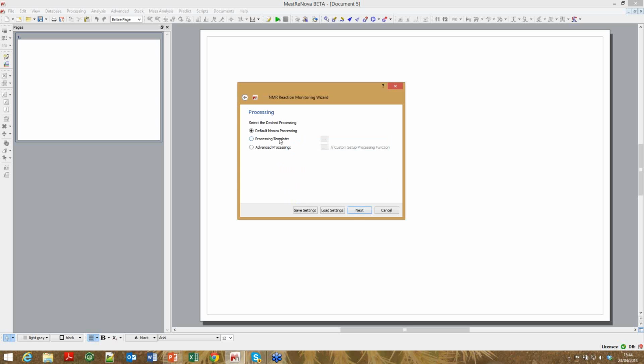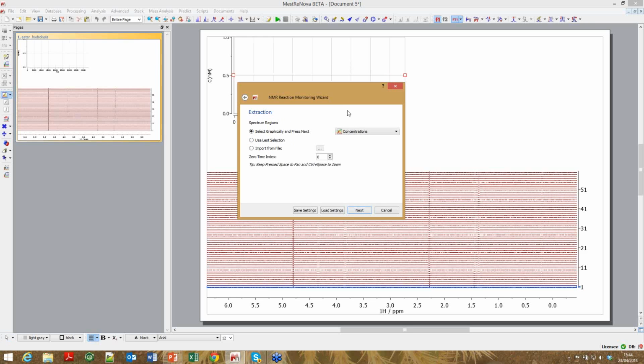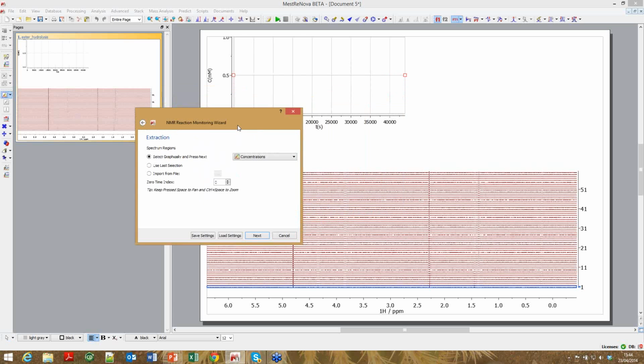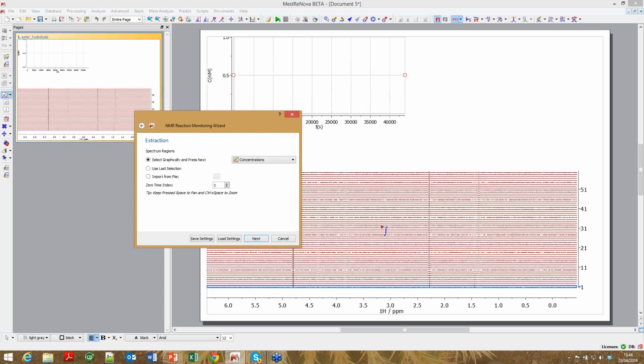I can specify the way in which the processing is done using a processing template, for example. And I can click on next again if I don't want to keep that. And now it's going to actually import the data. There we go. And these data you've seen before today, yes they are. Okay, so